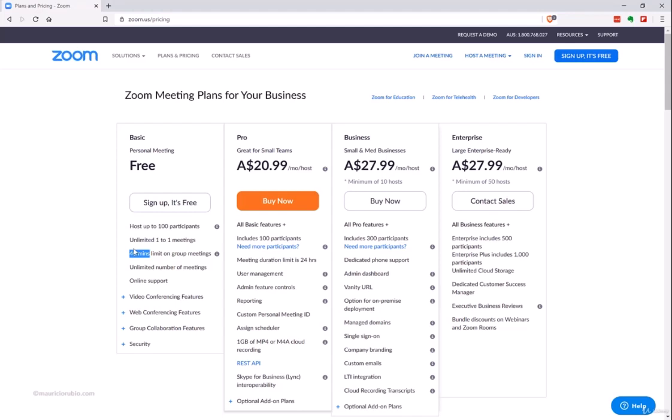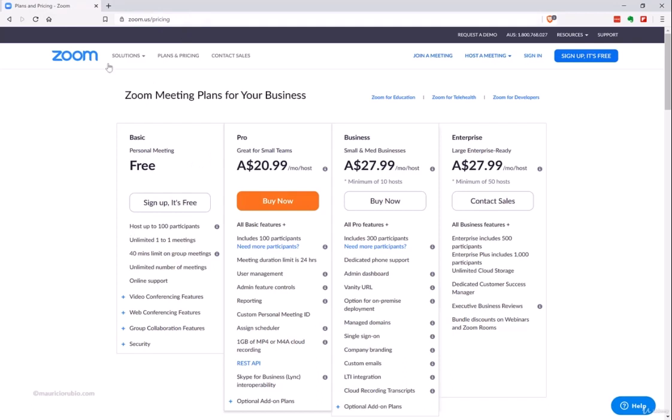I do realize that is a bit annoying, but that's just how they are trying to push you into, of course, buying one of these other options that you see here. And I'm seeing here the pricing automatically reflected in Australian dollars because I'm in Australia. So that will change, of course, depending on the country that you're in. So if you're in the US, well, this would be in US dollars, of course. And you can see that just by going to the website, like I said before,